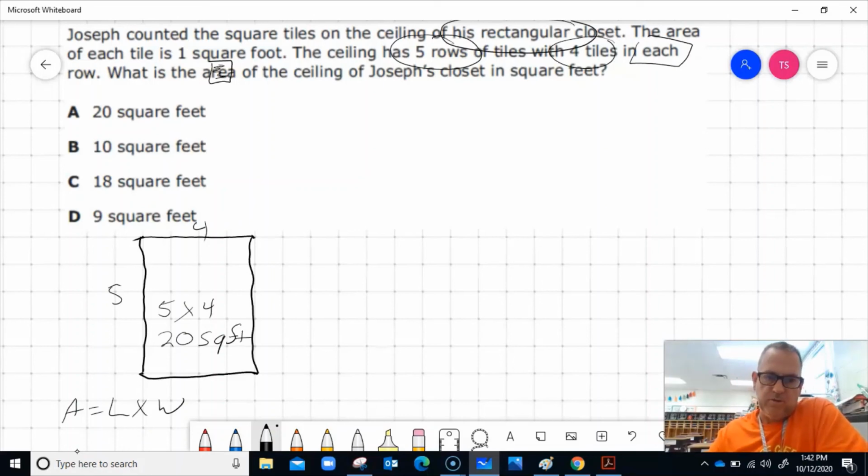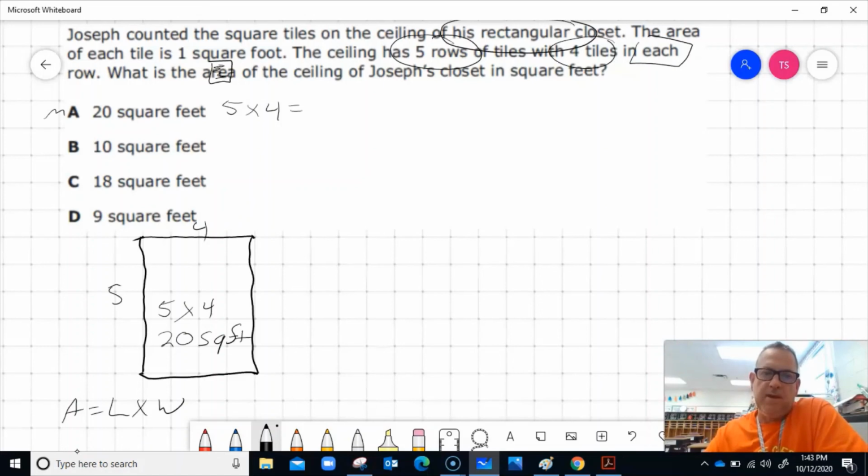Let's go look at our answer choices really quick. Okay, on answer choice A, it looks like they would have done 5 times 4 because 5 times 4 equals 20. And I think that's my right answer. We'll put an M by it. Okay, on the next one,